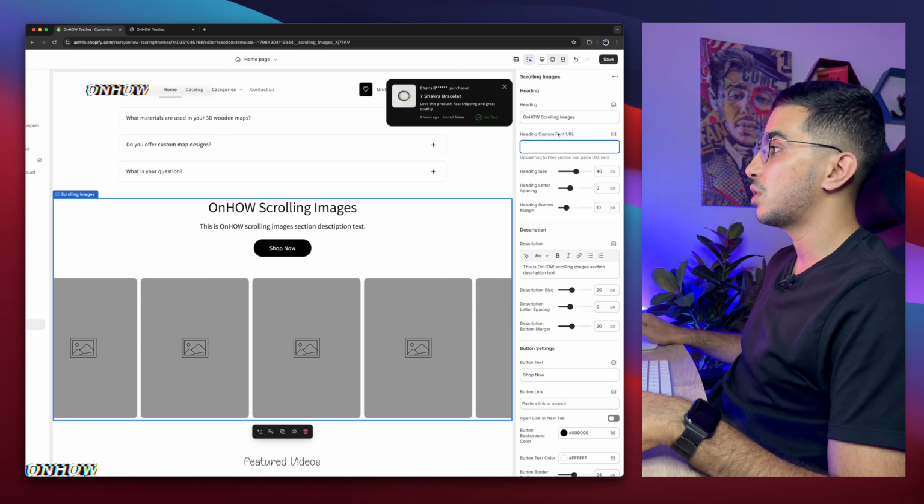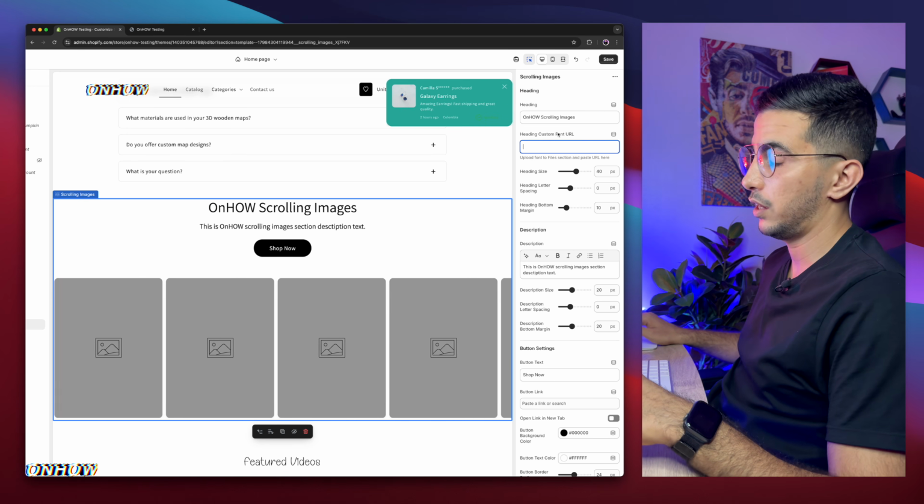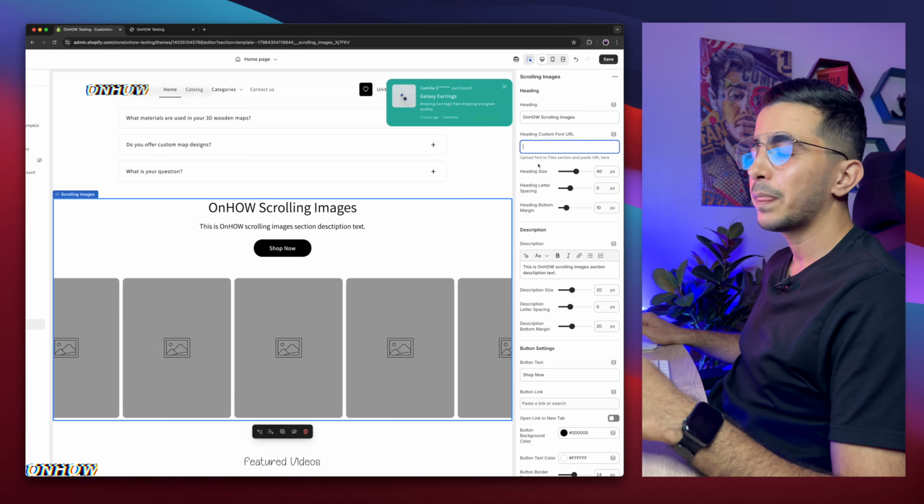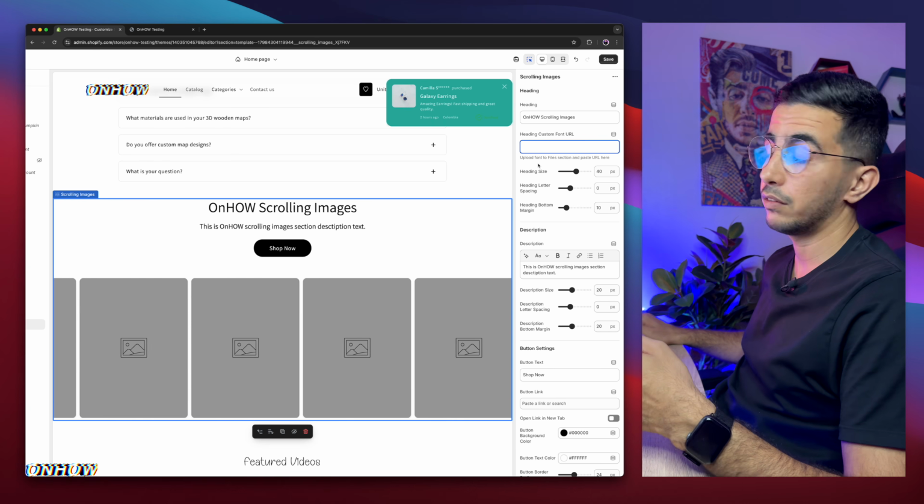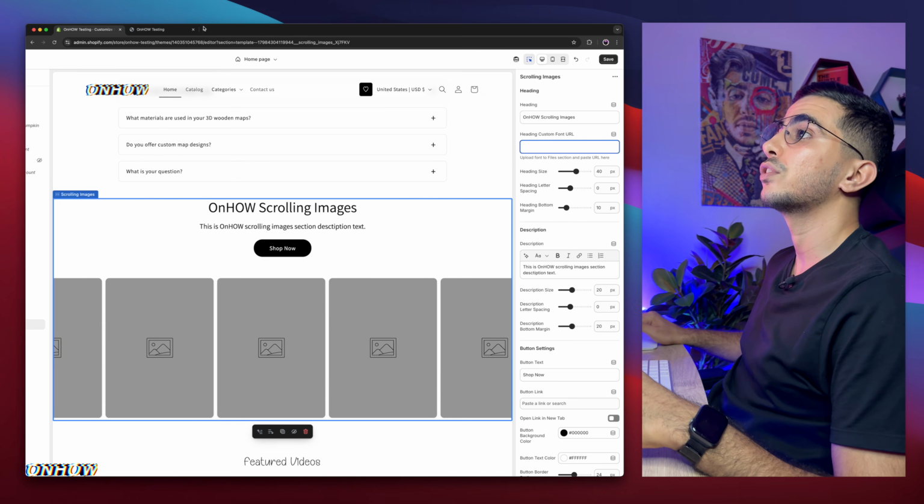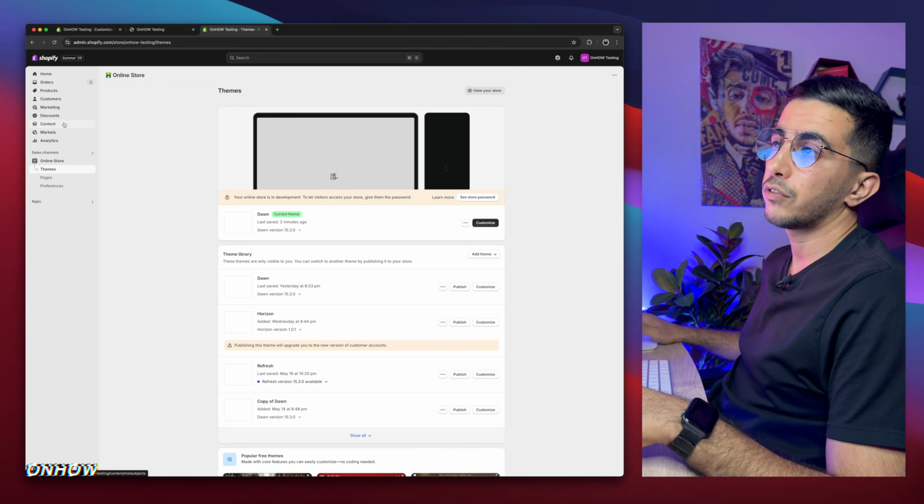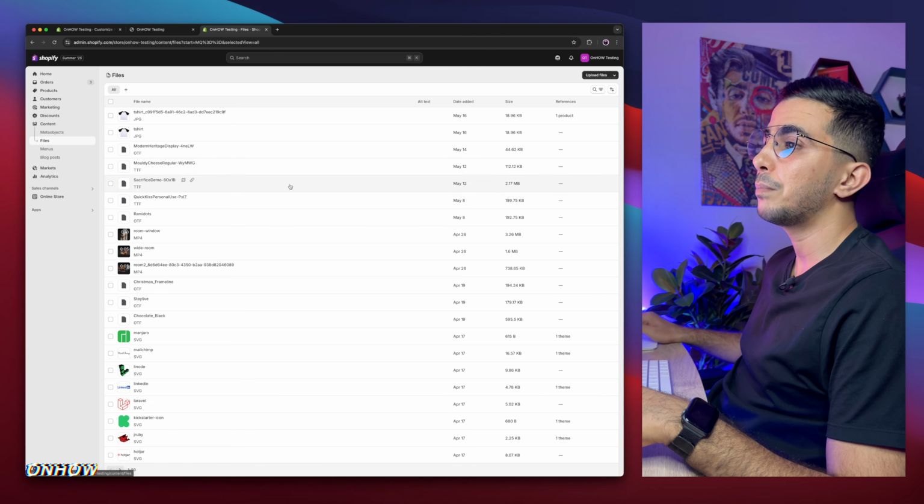And the heading custom font, sorry. As I said, you can set a custom font to the heading. And to do that, very simple. Simply find any font that you like online, then download the file for it, and head over to Shopify dashboard. Let me access Shopify dashboard. And after that, click on content from the left panel, then click on files, then simply drag the file in